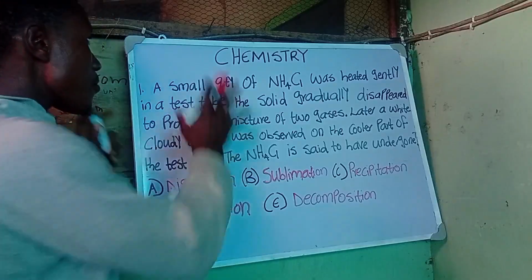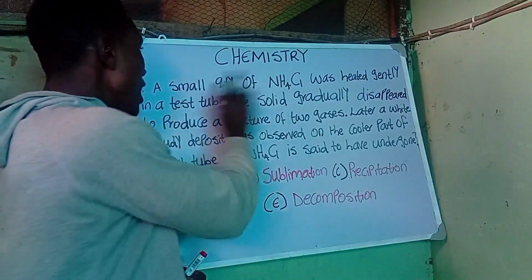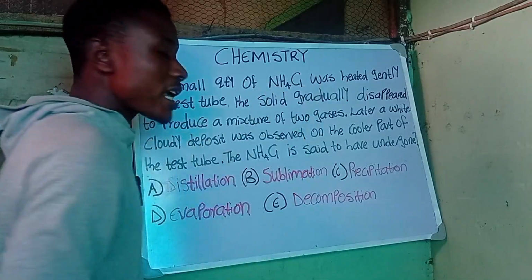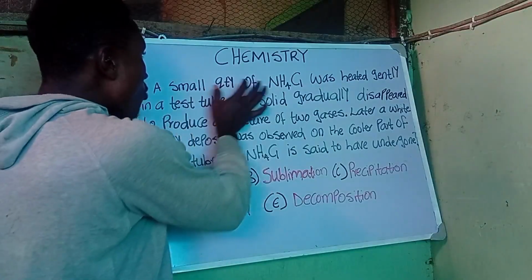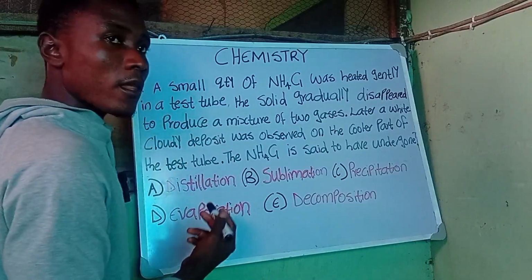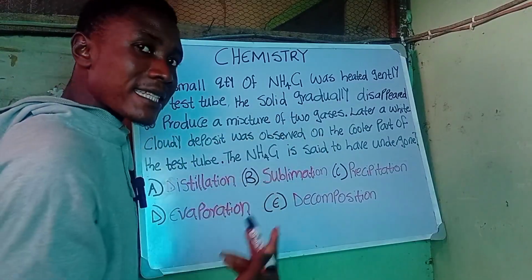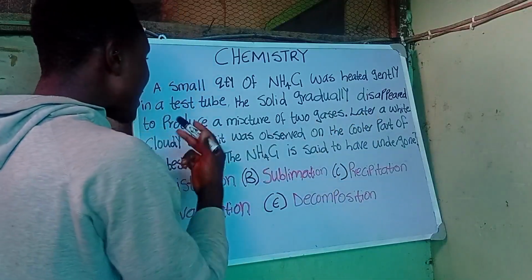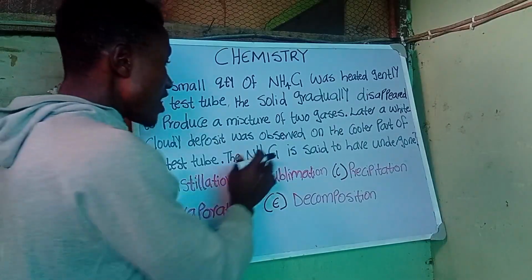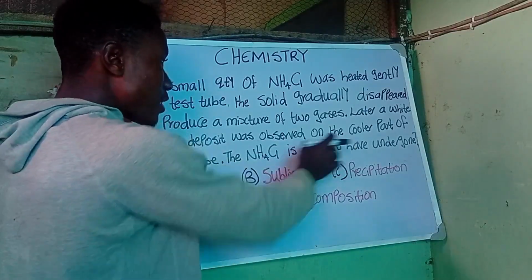So right about time, we are going to be hitting on with the very first question here on the board, which is a small quantity of NH4Cl. NH4Cl is what? Ammonium chloride. So a small quantity of ammonium chloride was heated gently in a test tube. The solid gradually disappeared to produce a mixture of two gases. Later, a white cloudy deposit was observed on the cooler part of the test tube. The ammonium chloride is said to have undergone